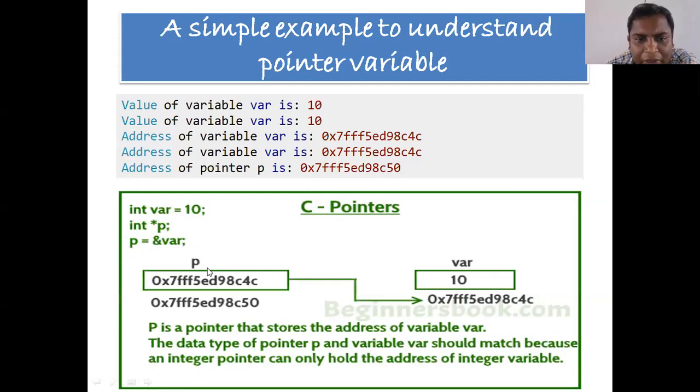So it means p will hold the address. Look at this particular diagram. The compiler will declare a variable var which holds the value 10, and the address of var is